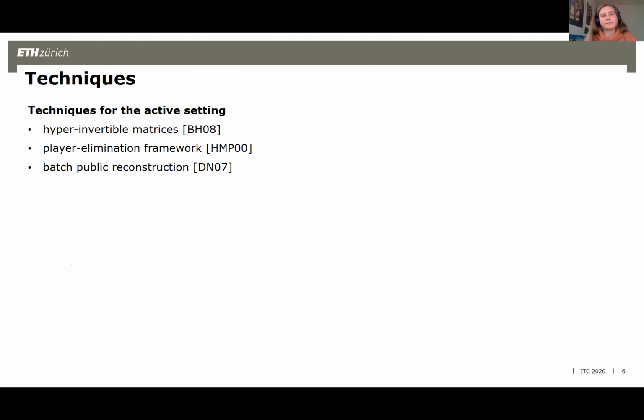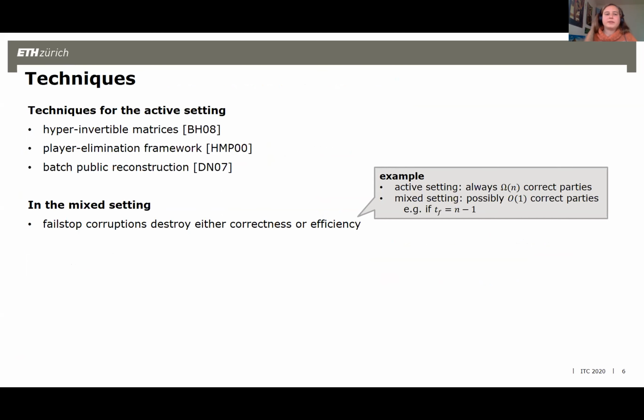Now, just one slide with our techniques. We use these amazing techniques for the active setting. Unfortunately, in the mixed setting, they sort of break. The problem is that with so many fail-stop corruptions, if you want to adjust the parameters of these protocols to preserve correctness, you destroy efficiency. Roughly all of these techniques distribute work among correct parties. In the active setting, there are many correct parties, and one can distribute the work. In the mixed setting, it might be that all parties crash, there is no one to distribute work among,